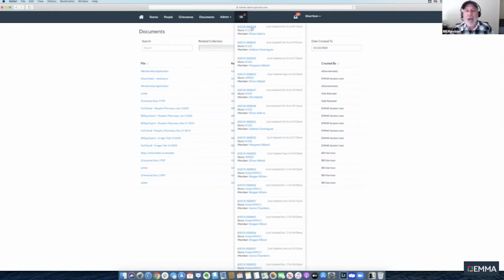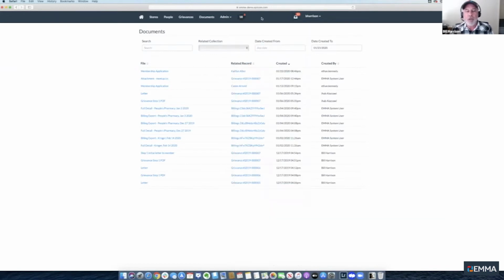So if I have a grievance that I'm managing in the system, and that grievance is assigned to me, I can establish, and we'll talk a little bit about this, a set of rules that would do things like remind me to take certain steps at certain times, remind me to establish meetings or to follow up on a particular grievance of a particular level. Now, all of that automation can be configured by your administrator inside of Emma, but as a user,